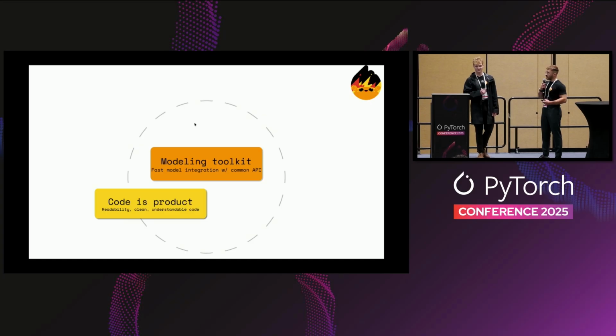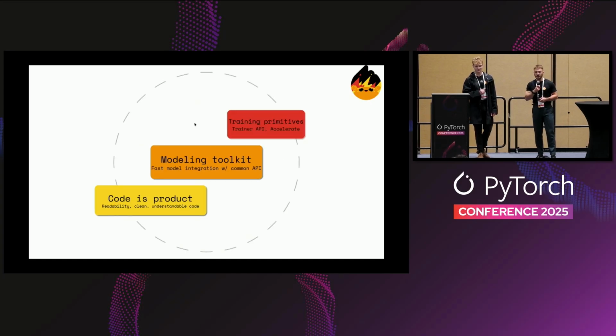And so understanding that fine-tuning and training would be something interesting, as base models were being released but not necessarily all fine-tuned versions, we decided to offer some training primitives to enable training for models on top of Transformers, which was the Trainer API and the Accelerate library. And so now we have several toolkits based on top of those, like TRL, Unsloth, Axolotl, that we really like, which are based on top of this Trainer API, for example. And so this became our third pillar, training primitives, offering the ability to fine-tune on top of our models.